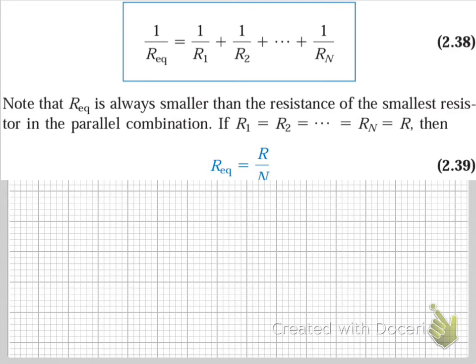If you've got a bunch of resistors, this is the formula you use. And this is as I was saying, right? But I gave you the unique case where there were only 2 resistors in parallel. So if you've got, let's say,